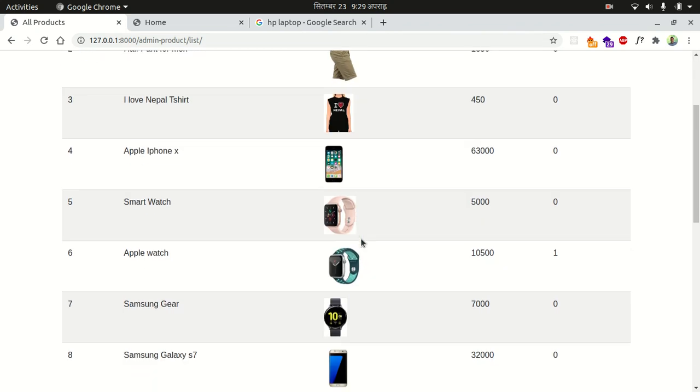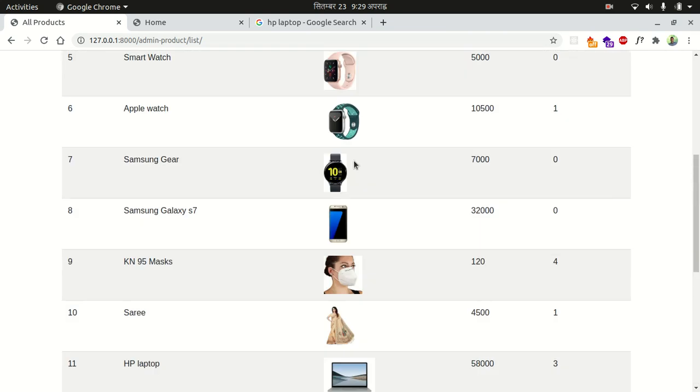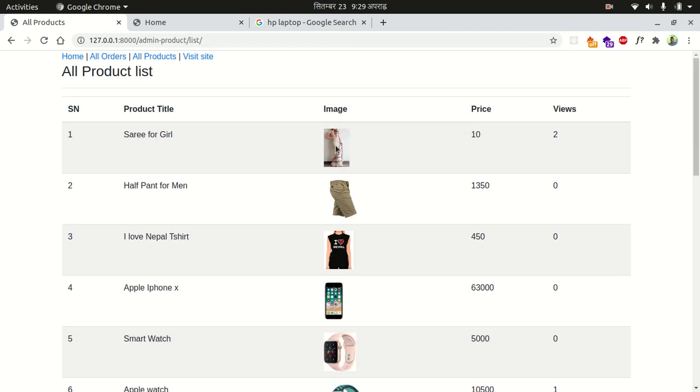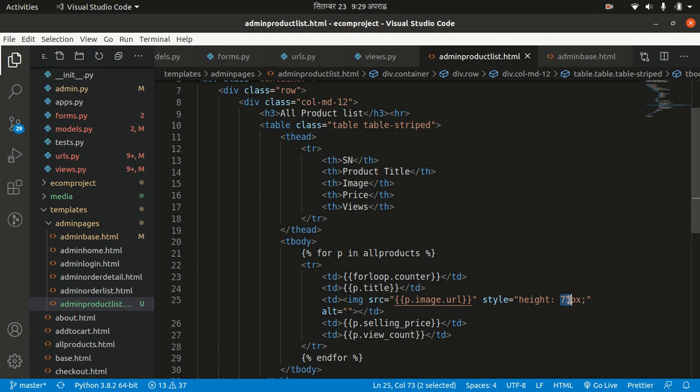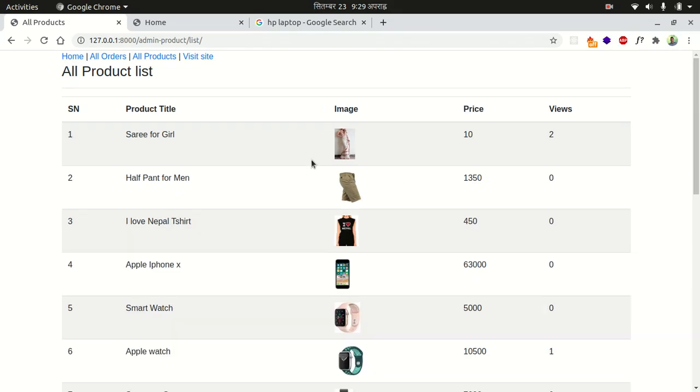So this is our product list page. You can see all products. You can also decrease the height of the image. Okay, so let's make it just 60 px so that our table will be a little bit smaller. Okay, so now you can see that sari is